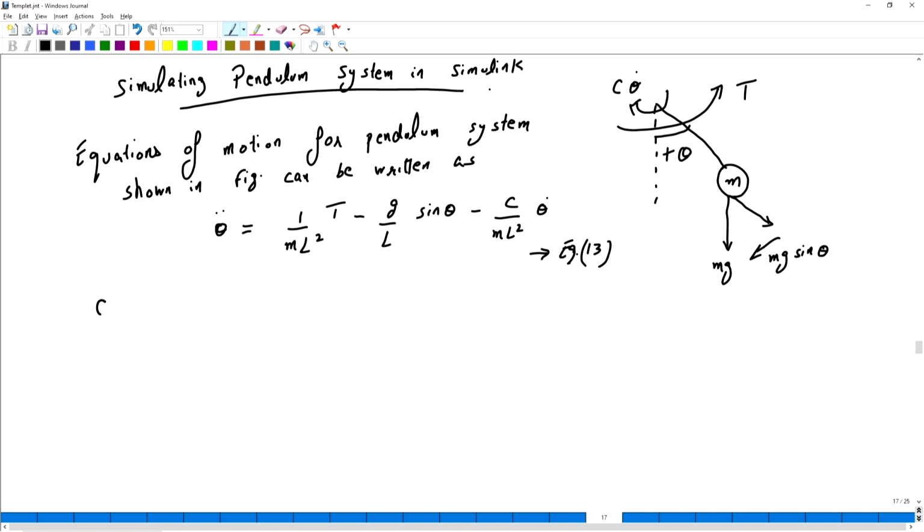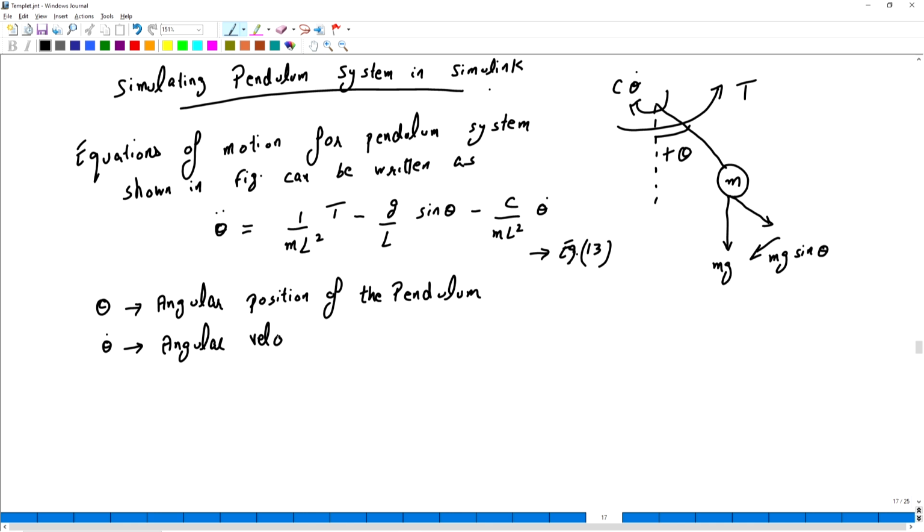So here theta is representing the angular position of the pendulum. Theta dot is the angular velocity of the pendulum.